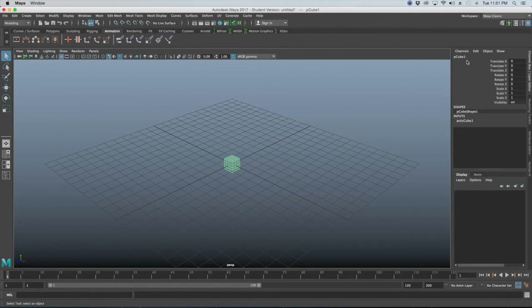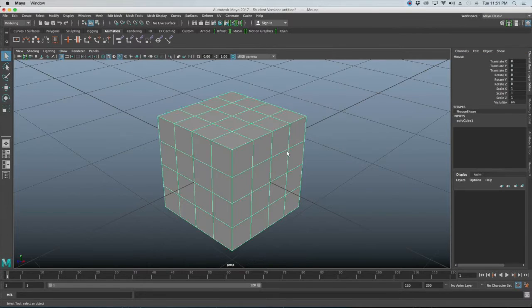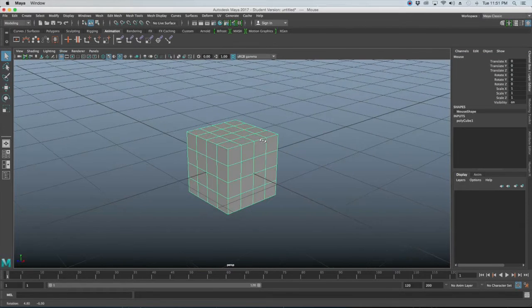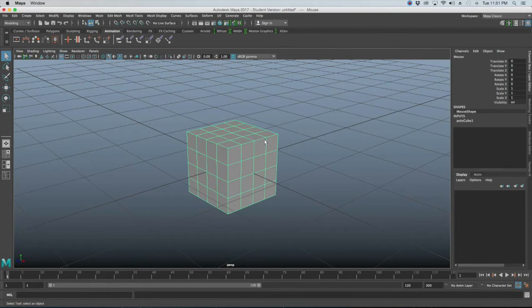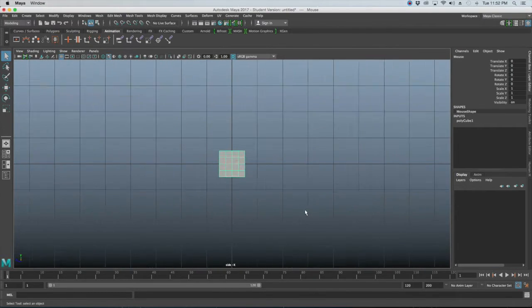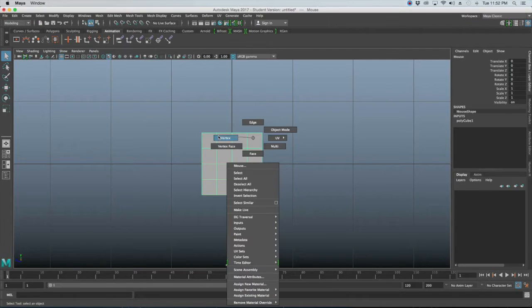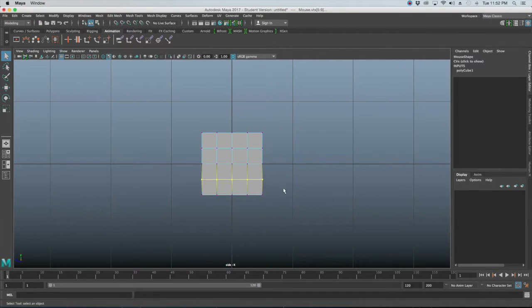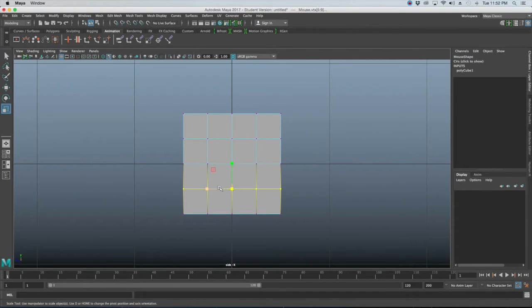And then you want to just select your cube, go up to the top, and let's rename that mouse. Okay. So we now have our mouse. So let's actually model this a little bit and shape it so that it has that rough shape of a mouse so it looks a little more realistic. So I'm just going to go into my side view first, and we're just going to start shaping this. So you guys can really do this however you want it. You can kind of follow my lead if you'd like, but your mouse does not have to look like mine